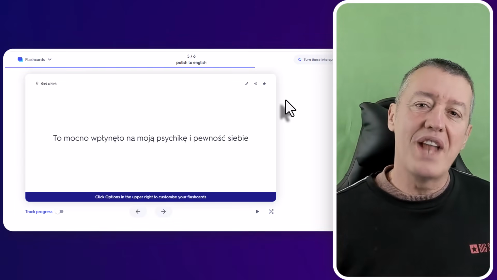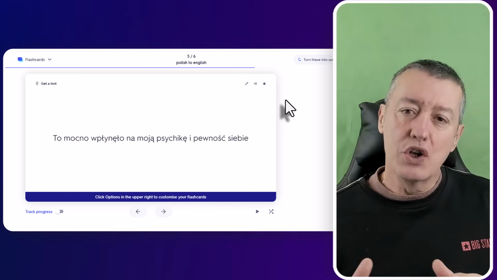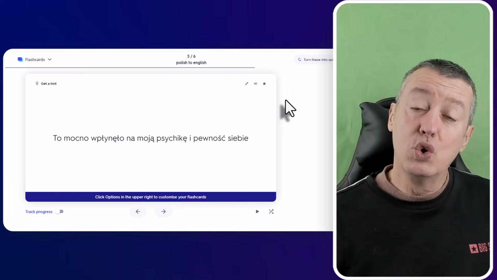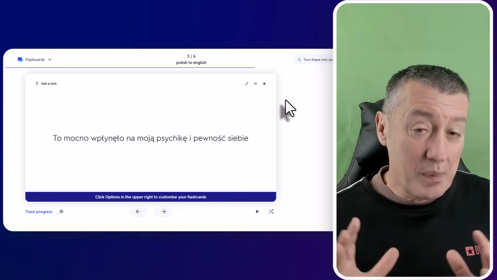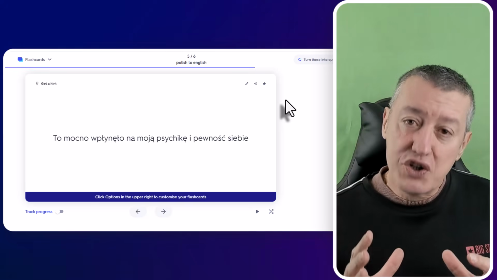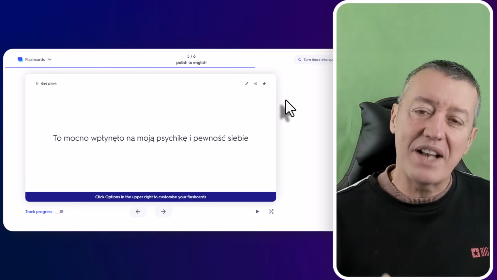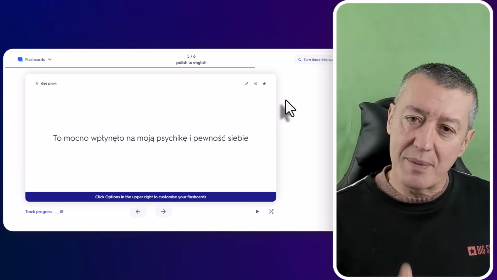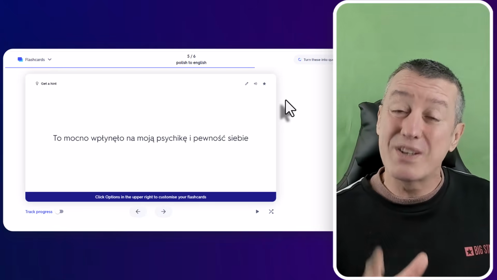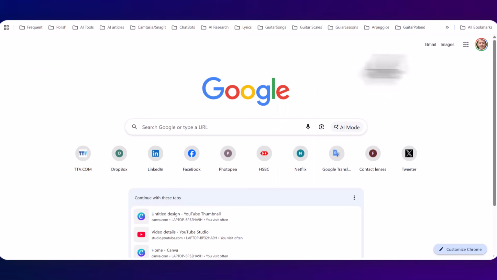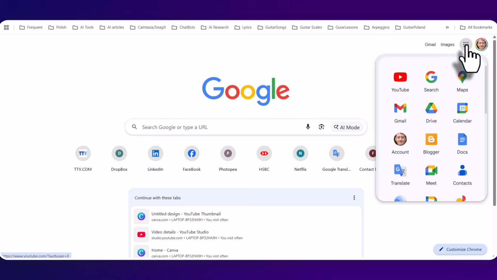We're going to move on now and look at how to work with Google Gemini. Now, Google Gemini is completely free, and it can do a lot of things, and it's getting better and better, but we're going to concentrate on some of the things that you can do based around vocabulary. Okay, so you'll find Google Gemini, click here, and this would work just as well with ChatGPT, but I've got